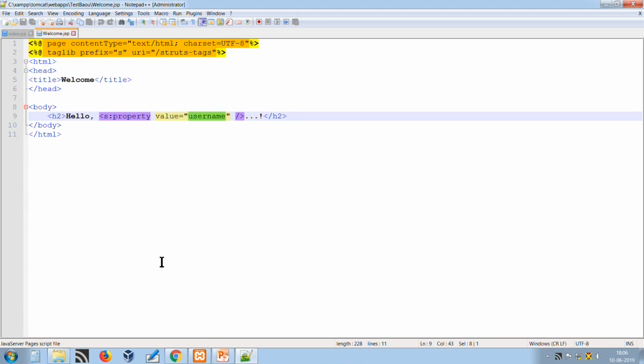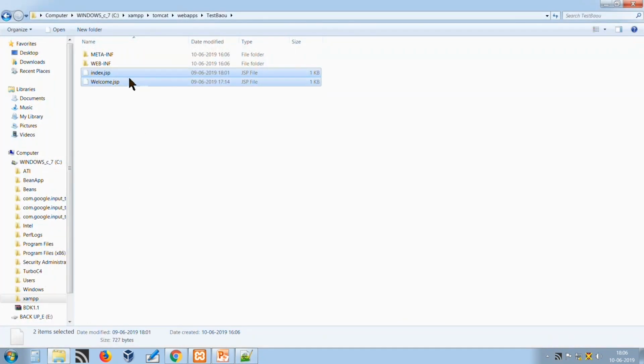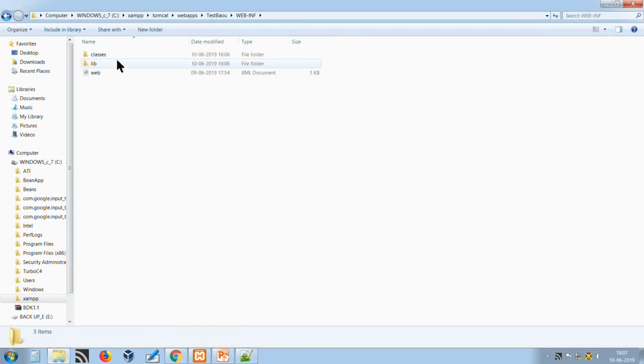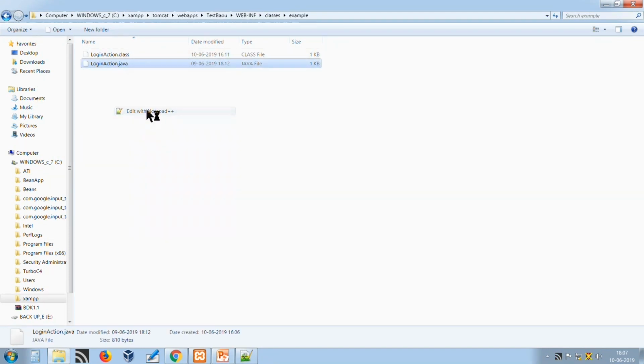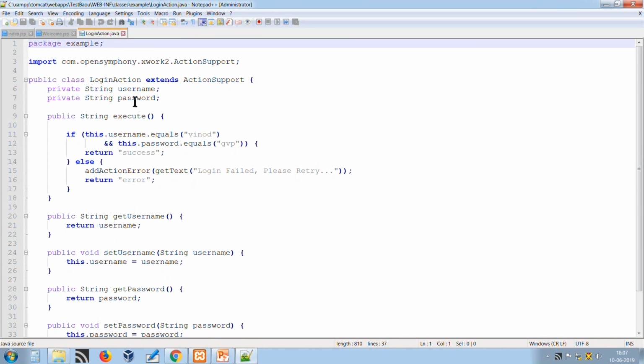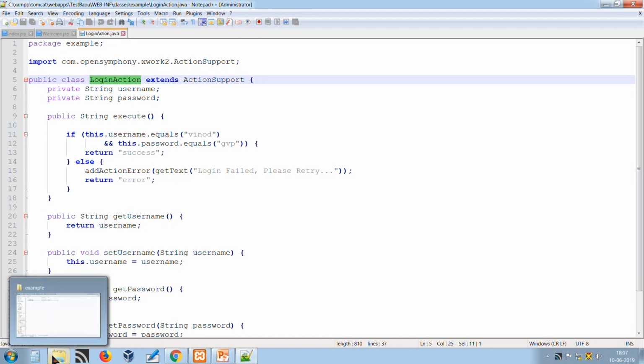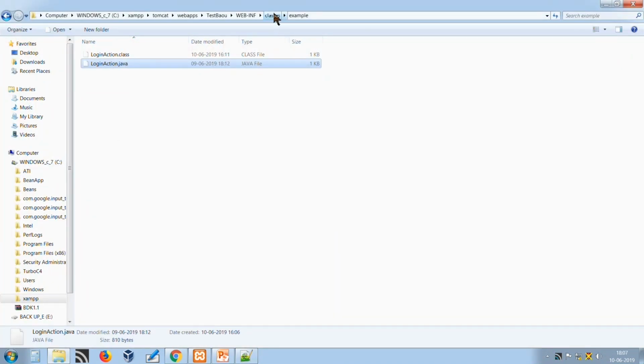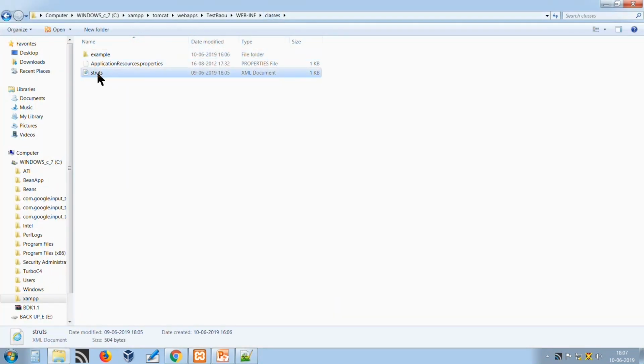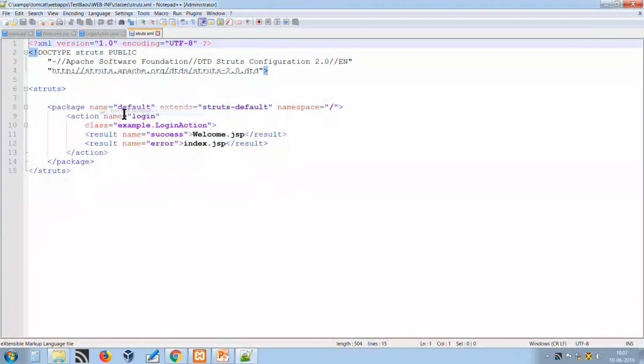Now, apart from these two files, we have developed a Struts implementation, that is, we can say, a login action class. We will be discussing what we have done here. Apart from that, we have defined a struts.xml file, a mapping.